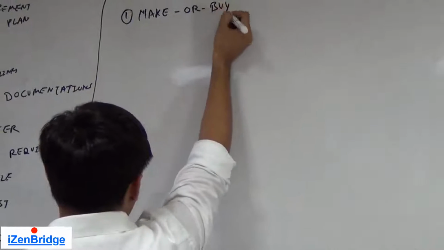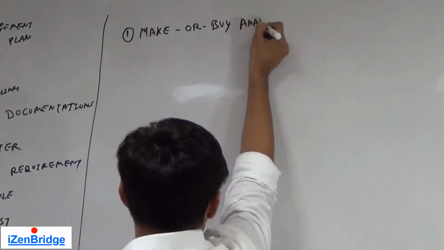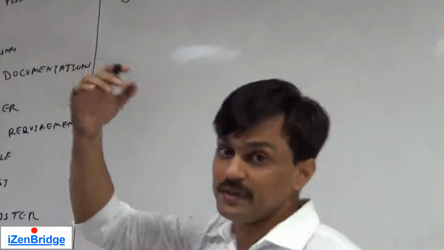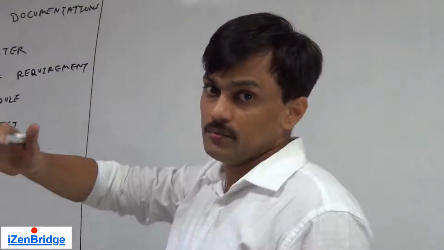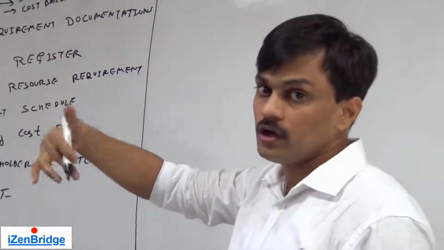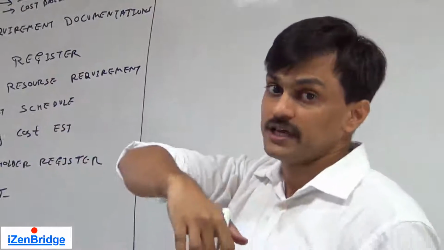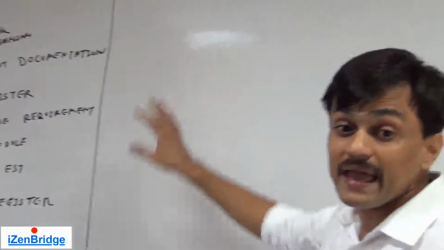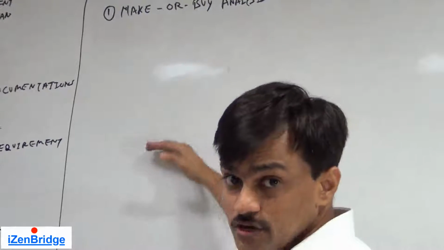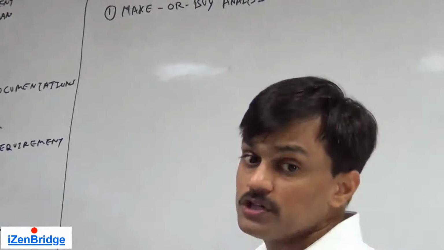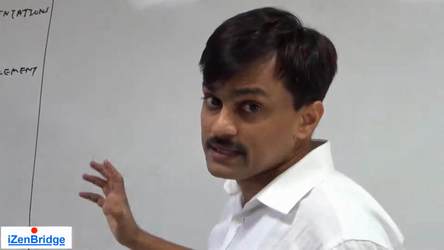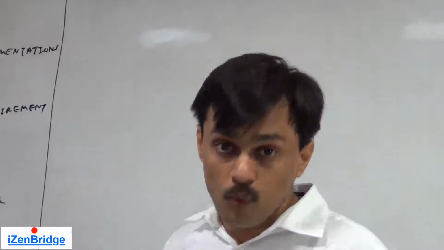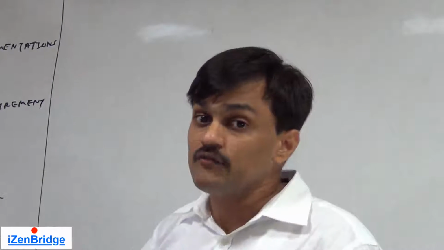Now make or buy analysis is all about identifying the WBS elements which could be procured from outside, or where procuring from outside makes economical sense. Now, while applying all these techniques, we need to apply expert judgment, because this process requires experts' intelligence and judgment, and they may provide these judgments in various meetings.